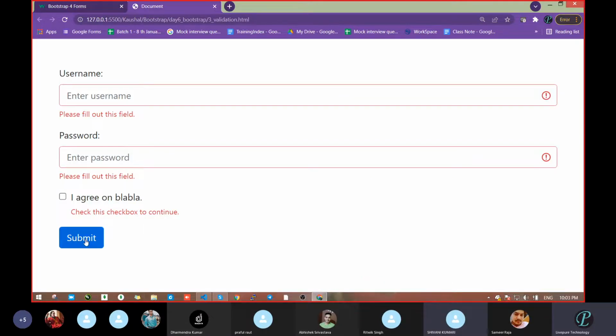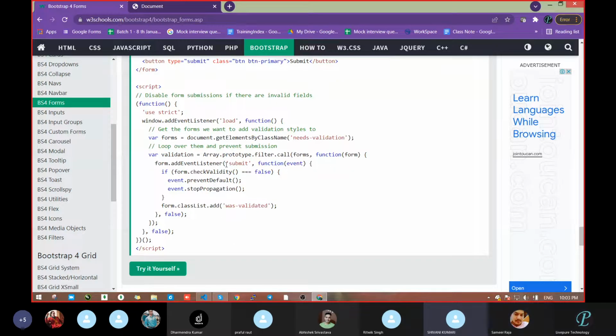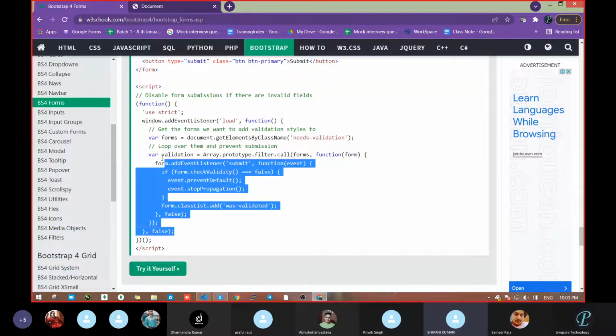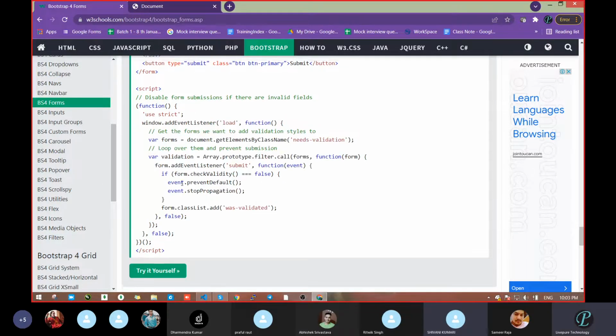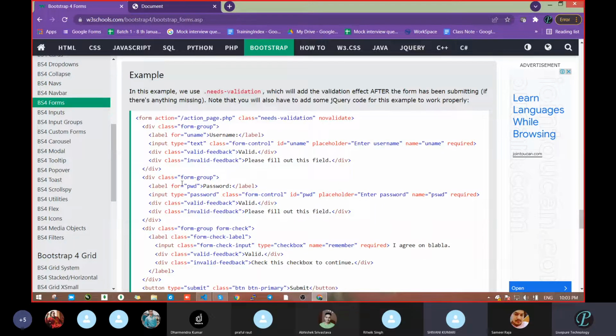When you click the button, at that time you have to verify whether this form is valid or not. So what is it going to do? I think JavaScript is written. Leave it, otherwise you will not get this thing. But what is the class? Let's go through the class. So here we had passed the class needs-validation and novalidate. Novalidate in the sense validation is not there. Why are we using the term novalidate?